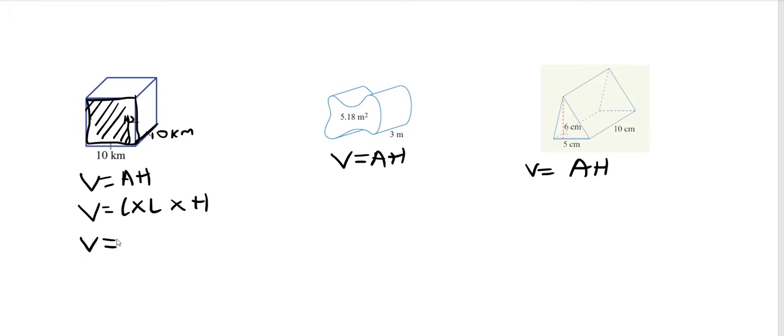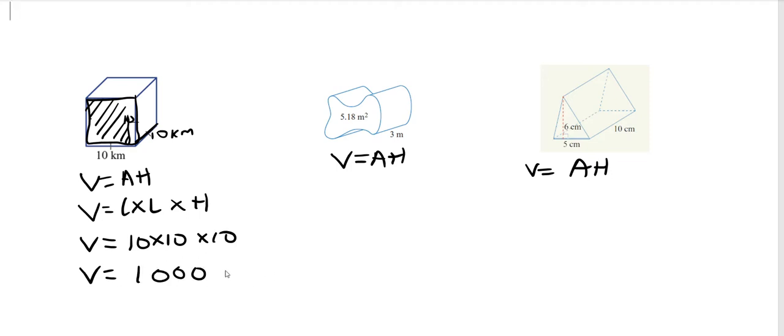So volume will be equal to, and because height is also 10 as well, if you had L times L times L, that's correct as well. But I'd like to put the height there just to see how it's a bit different in terms of the area of the shape. So then I've got 10 times 10, length times length, 10 times 10, and then times the height, which is 10. So volume is equal to